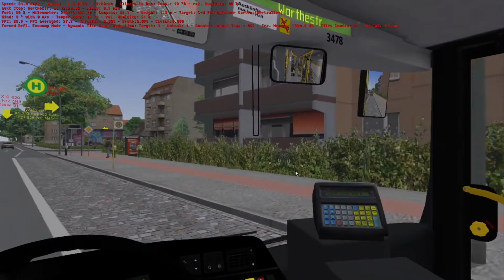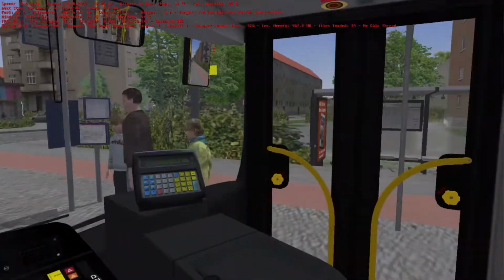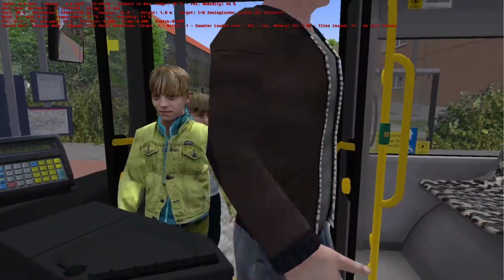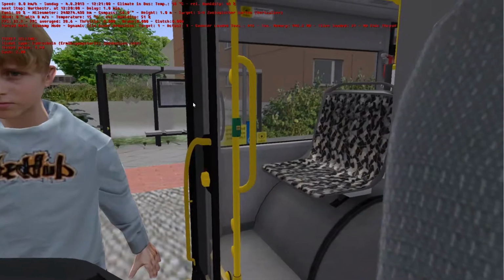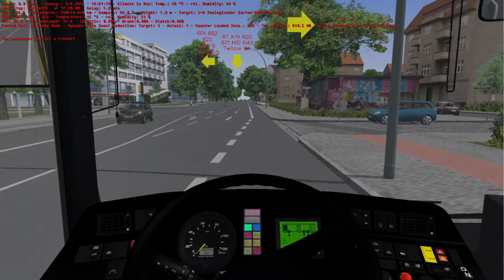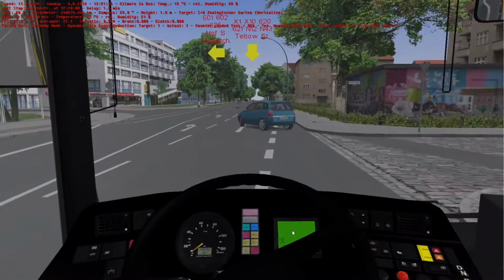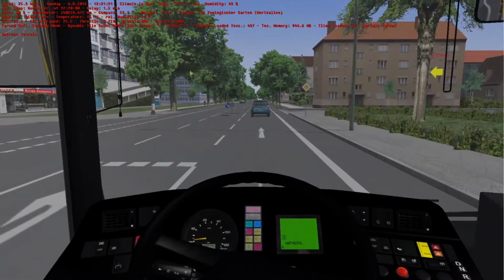Well, the OmniCity is just the, OmniLink is. Did I indicate? I think I did. I think I'm already late. Einmal Schüler bitte. I mean, I can use shortcut, but I'm on YouTube, so I need to show off my ticket selling skill. Können Sie mir dann auch nochmal einen Fahrschein geben? Danke. I haven't played this map in quite a while, and I've only recently started. In this video, I just picked up the journey from the last time I drove it. So yeah. Anyway,